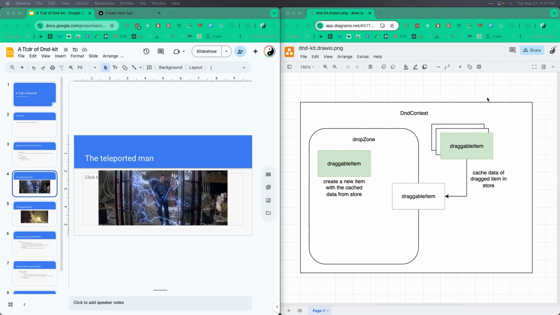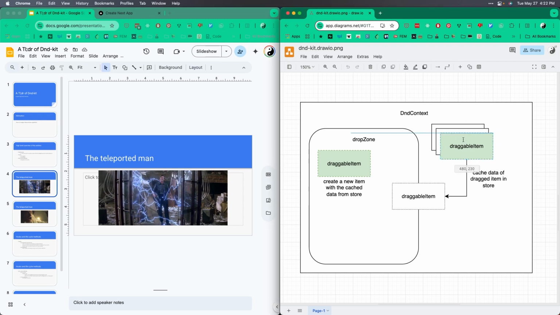And before we delve into the particularities, the details of the entities, just a very quick analogy of how I understood the pattern of Dnd-kit, how Dnd-kit handles drag and drop, as part of my mental representation of this library. So let's say that we have this draggable item that we're dropping into the drop zone. Instead of detaching it from its original DOM position and dynamically reinserting it into the DOM at this new position,